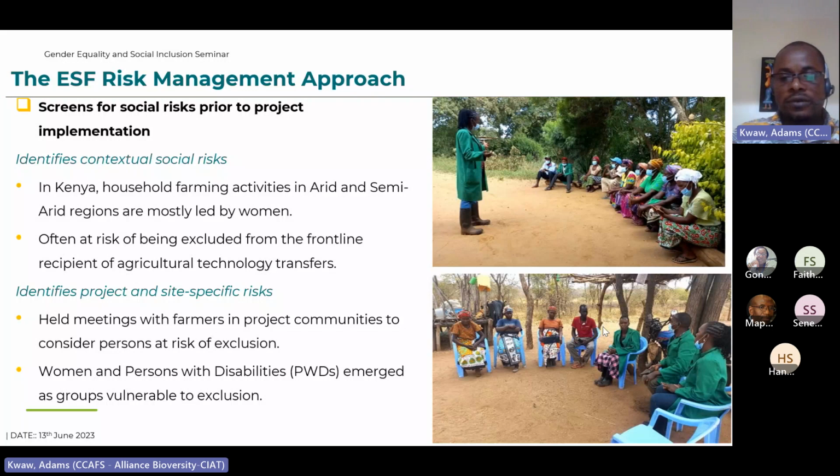Honestly, there were some people who were of the view that there are no farmers with disabilities, but the reality is that there are a lot of farmers with disabilities. And for most of these farmers, the farming activity they do serves as their sole source of income. So operating in such contexts and overlooking them tends to affect them significantly, and it contributes to deepening the existing inequalities. So we want to emphasize that in our work, it's important you recognize that there are farmers with disabilities.